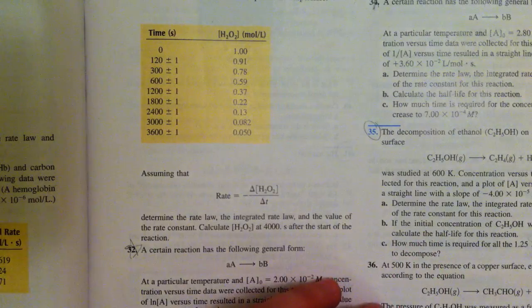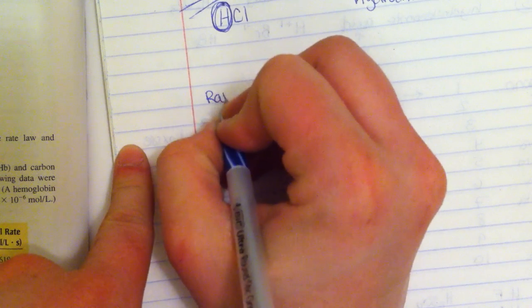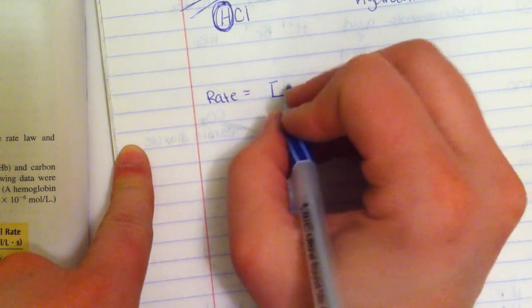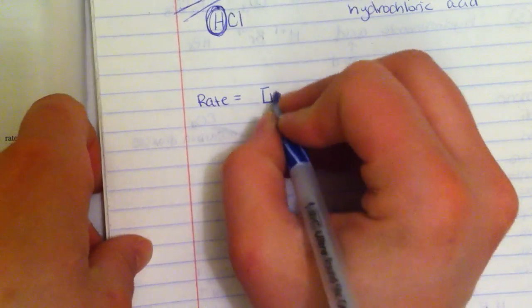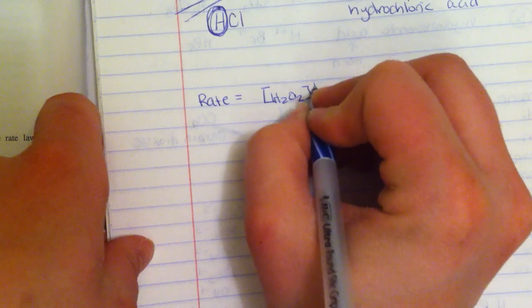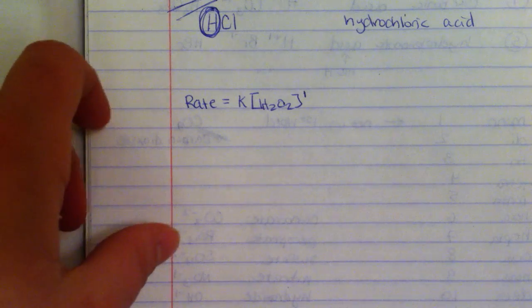That can be the first thing that you write down. You would write down rate equals k times the concentration of, I think we're using H2O2, raised to the first power. Okay, I'm going to do the others on another